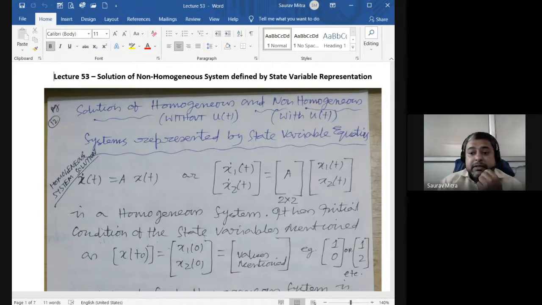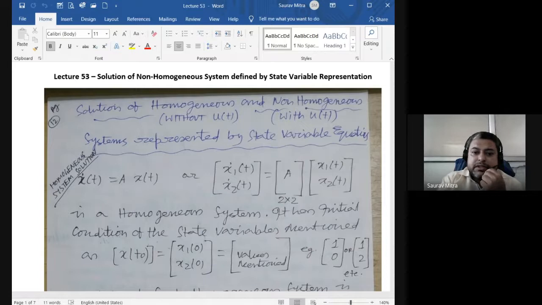But learn this, because whenever I am giving you some system, let it be an electrical system, mechanical system and all, first we have to write down its system equation and differential equation, then we have to find the transfer function, then we have to find what the state variables are, and finally we are supposed to find out the solution of that. What are the state variables? If you say RLC series circuit, it and vc t, I want to know what is the equation of it. I want to know what is the equation of vc t, because those are the variables I want to plot with respect to time.